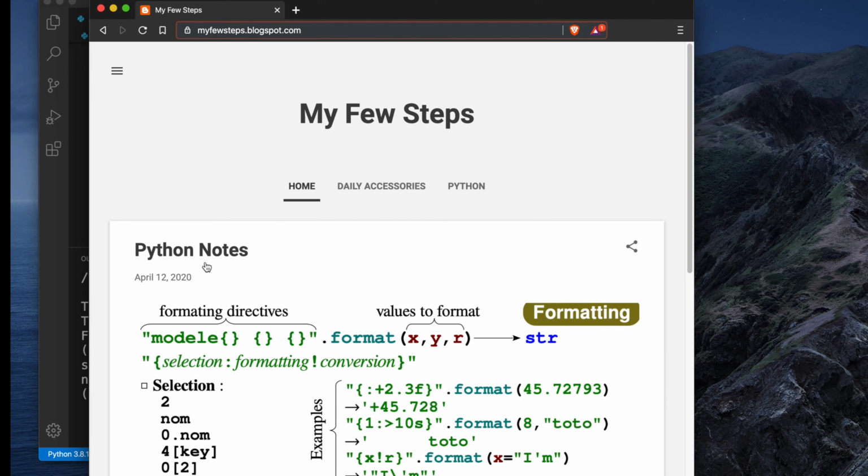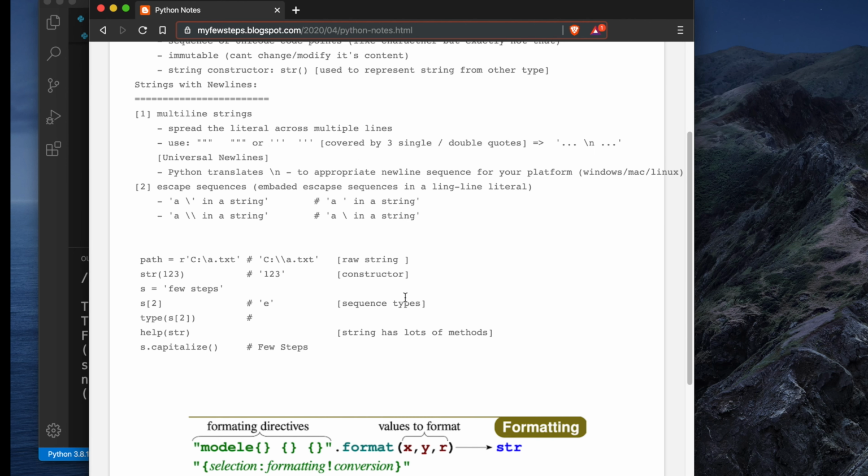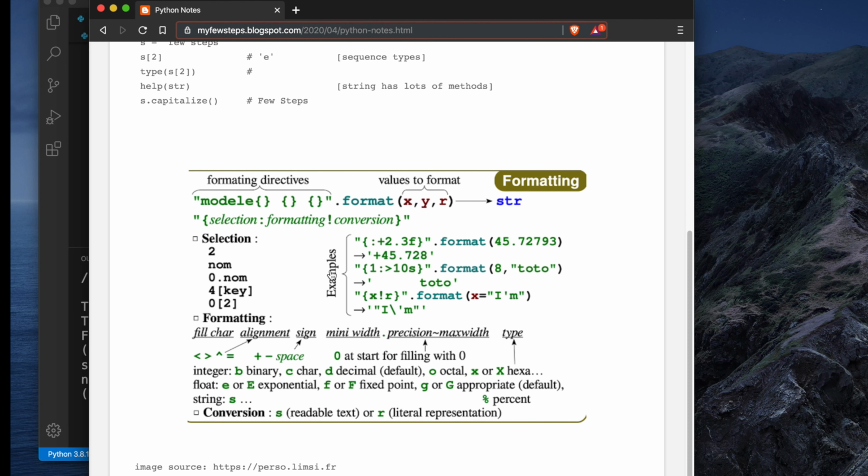Here you will find this type of Python notes, and if you open a Python note, you will find this type of cheat sheet. I collected this cheat sheet from this website. It is very nice, and it tries to explain everything in shortcut, so you can check it. But right now I will not go into those things.